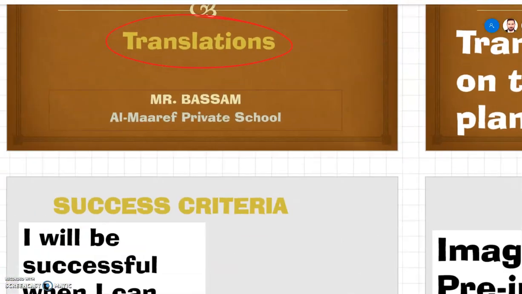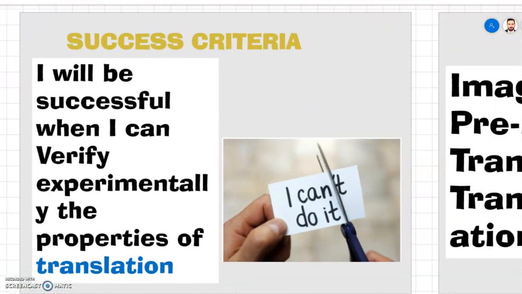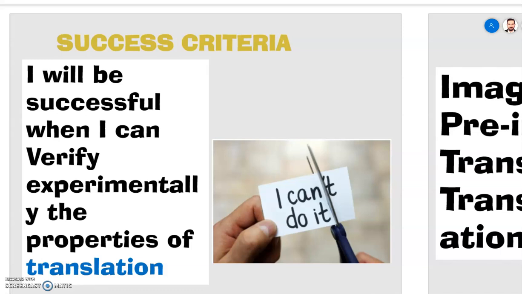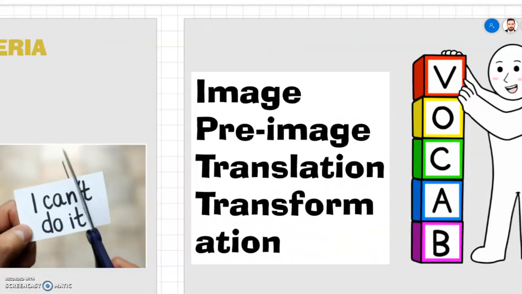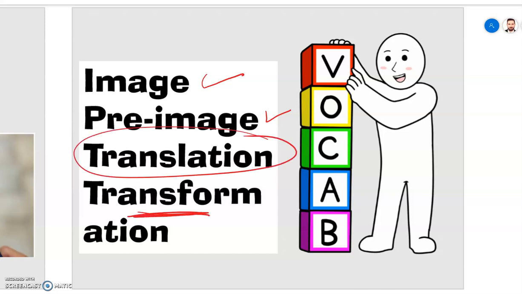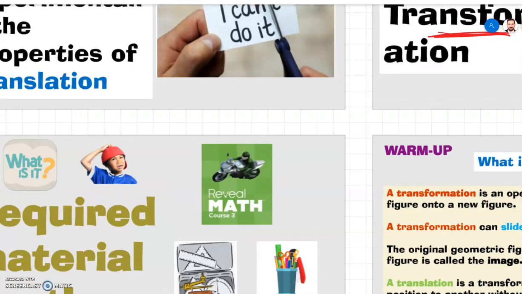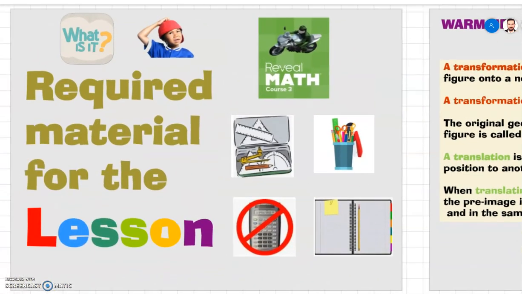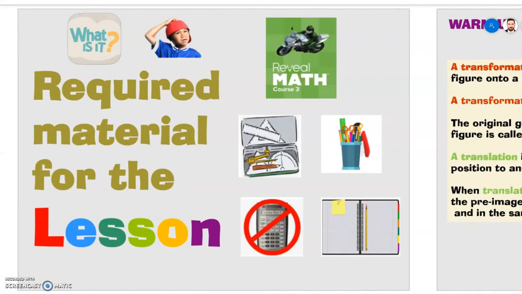And let's see what our success criteria is. You will be successful when you can verify the properties of transformations and the translation. Your vocabulary today: image, and I will explain what the image and the pre-image are, the translation itself, transformations. Let's start our lesson to discuss together the meaning of each